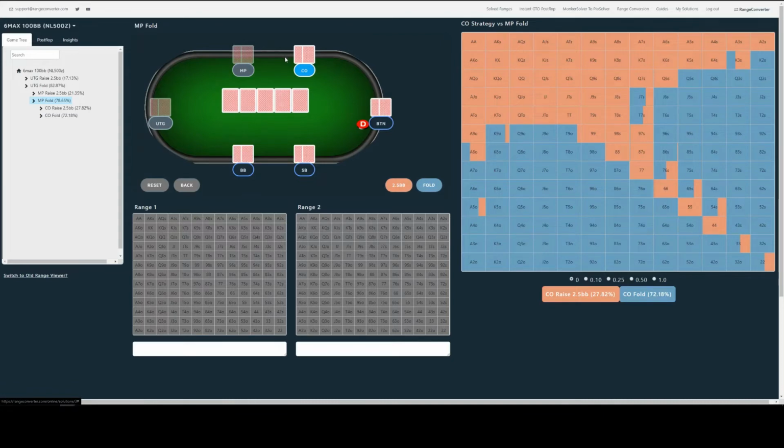Or a quicker way, if you're not so interested in the pre-flop action, we can navigate straight there by this tab up here on the left, this post flop tab.